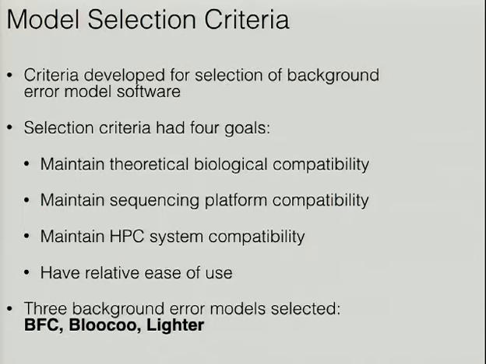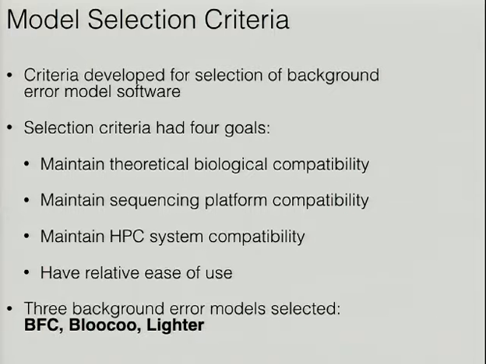So what do these criteria really actually mean? The biological compatibility was quite simple. Does the model actually have a haploid or diploid assumption? If it does, it's probably not going to be fit for the somatic use case. The sequencing platform compatibility was that it had to be either Illumina or Ion Torrent compatible, and the model had to receive input in either BAM, SAM, FASTQ,